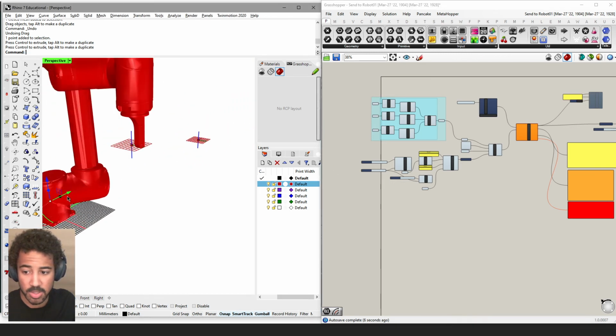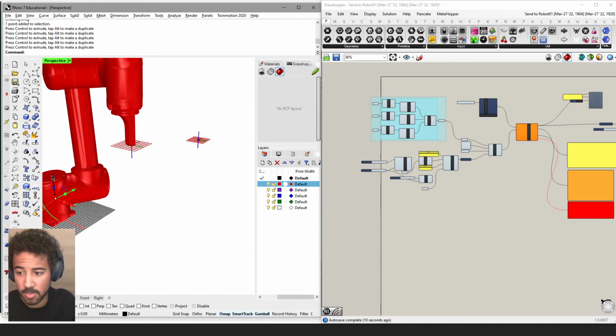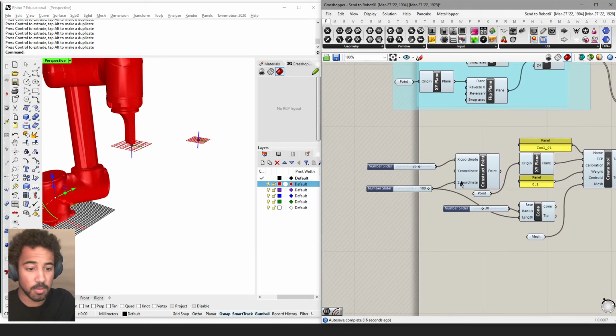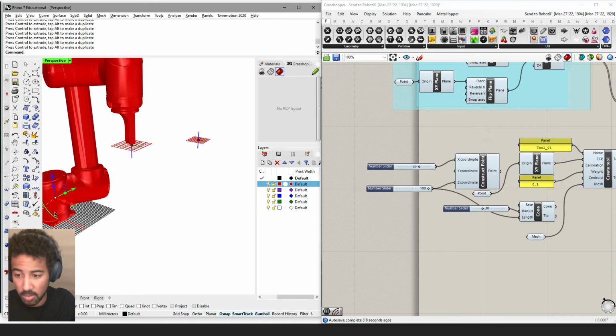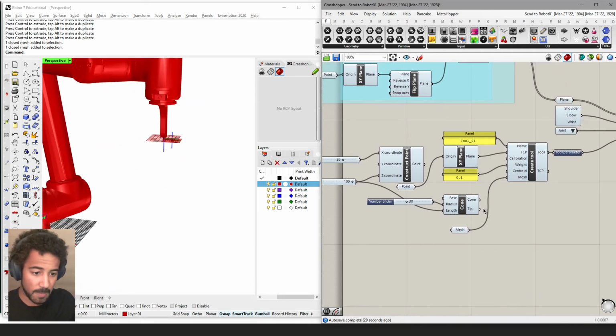And now if we would change this, this would also change the TCP of the robot. So this is basically the way we can define this TCP in a different way. Instead of constructing a point in Grasshopper, we can also just construct a point in relation to whatever tool geometry we have, and then add it to the robot. All right,